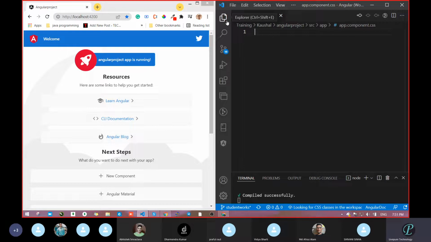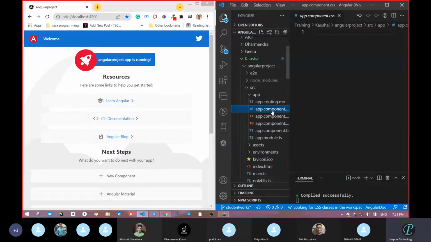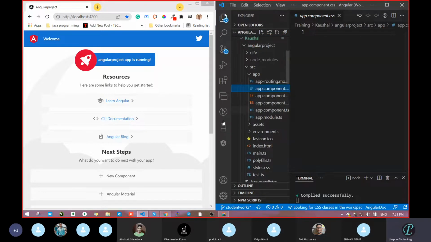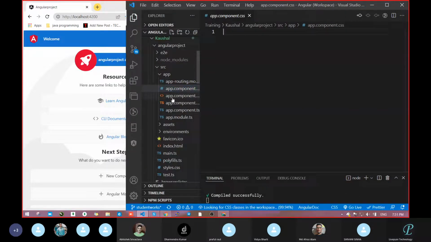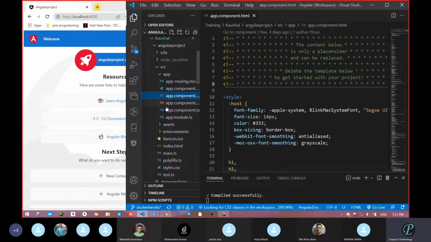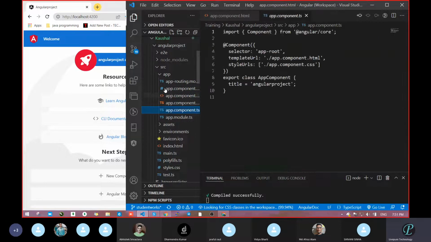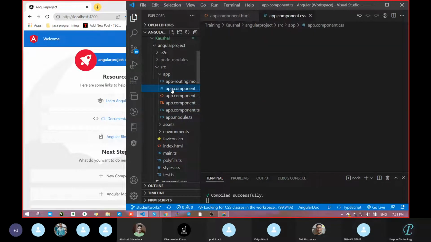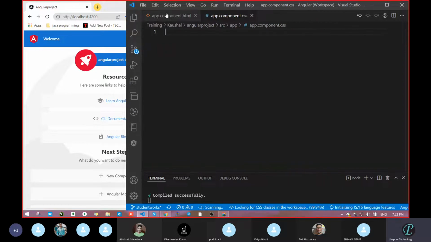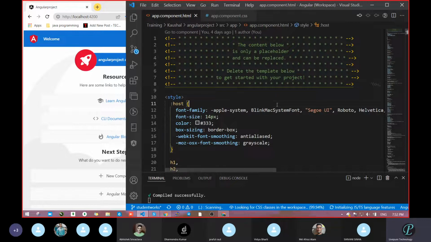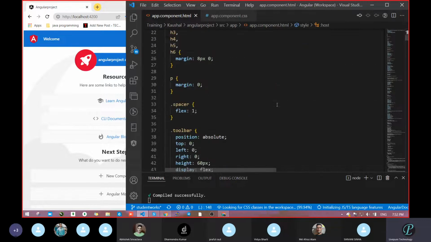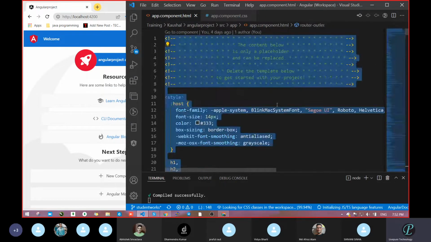Okay, what do we have to do now? Who is on unmute? So see, I told you two files, one HTML, one CSS. So this becomes our HTML and this becomes TS. This becomes our CSS. Fine. So with these two files, what do I have to do? I have to remove this file completely. Whatever is written here, delete it all and save.